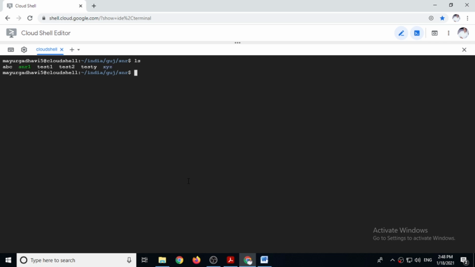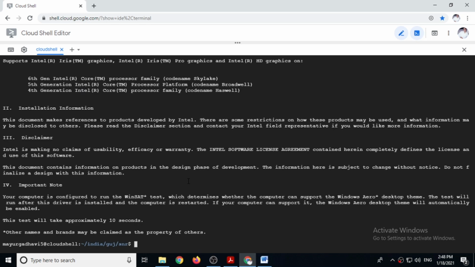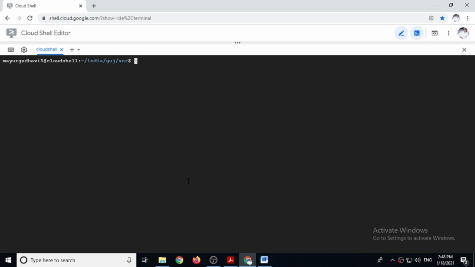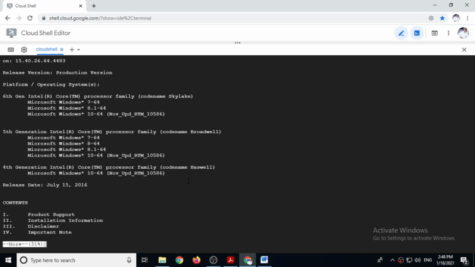Now let's see which files are available here. You can see here ABC file is there, and this file I have created a simple text file that contains several details. So for example, if you want to see the contents of this file, then you can give cat file name. There are lots of things written here, so we are not able to see all the information at a time. So instead of using cat command, you can use more command here, more ABC. Then it will display information page wise.